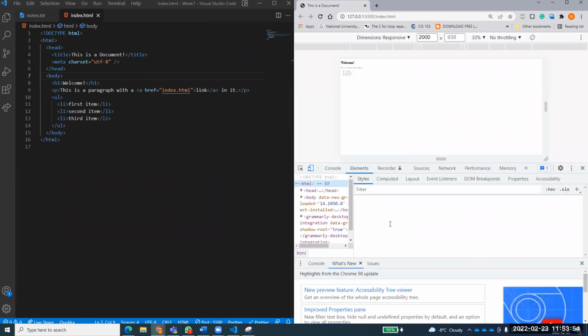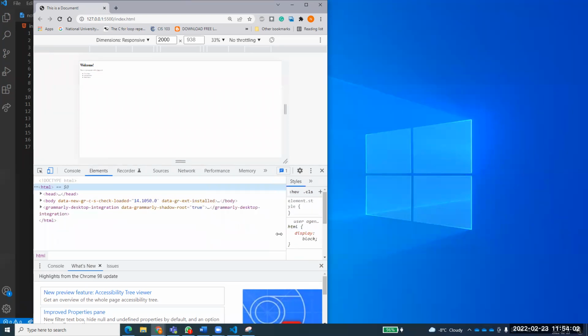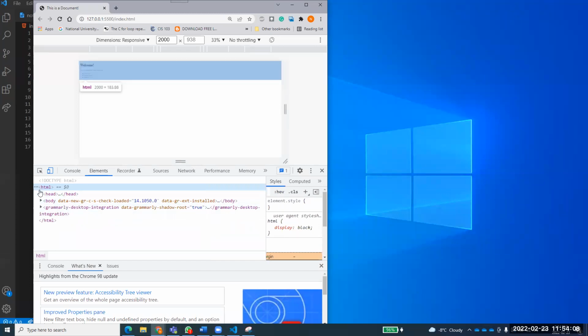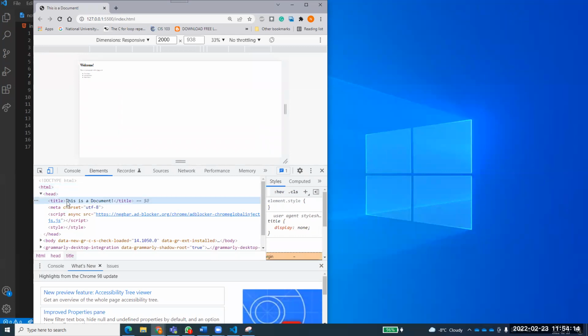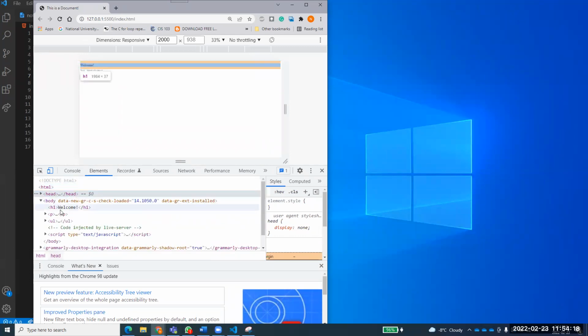When you inspect this document and you look at these elements over here, you see your document, and just forget about this Grammarly, and there are some plugins that showed up. So you see that this is my HTML, and this is how I can see all the document over there. If I open up head and I select this title, of course title is not there. If I close this one, if I go in the body and I select, you see that when I click on this one,